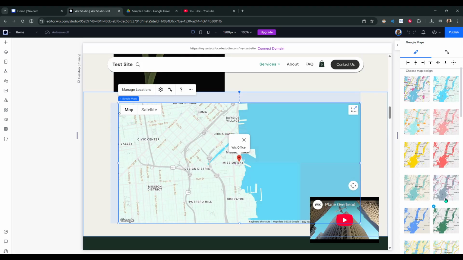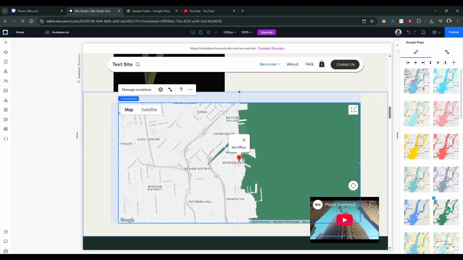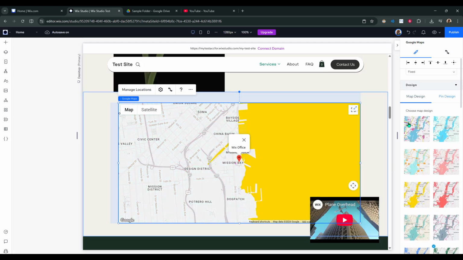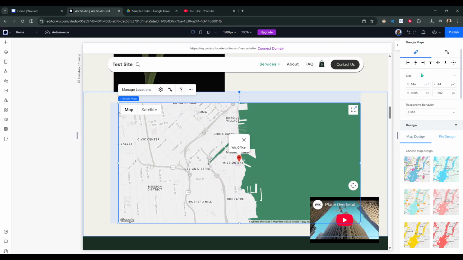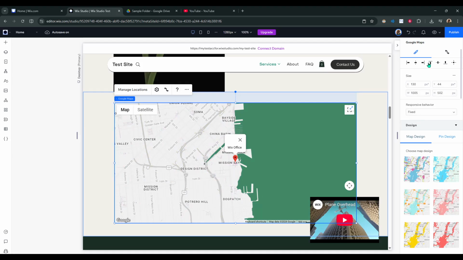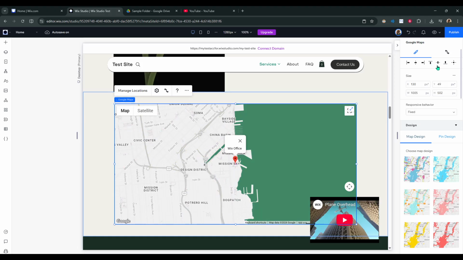Use position and alignment settings to anchor the map within its container, center it, or snap it to the left or right. Set margins so it has the right breathing room around nearby elements. If your layout is responsive, check the sizing and alignment for different breakpoints so the map remains clear and usable